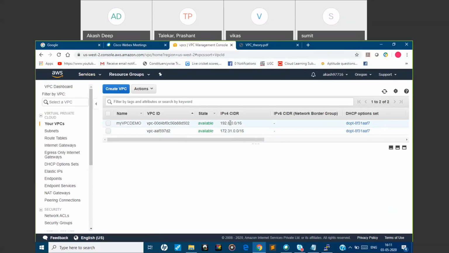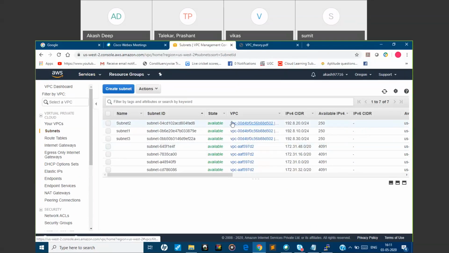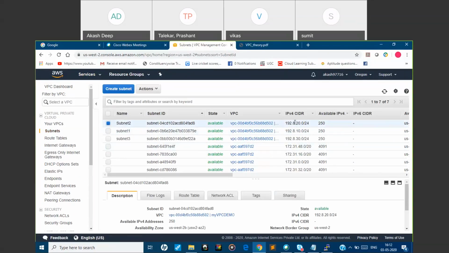192.8. We will now go to the subnet. Basically, this is a network, so it will go to subnet 192.8.20.10, and after that it is taking it. Suppose you want to calculate the total IPs, you just go here.